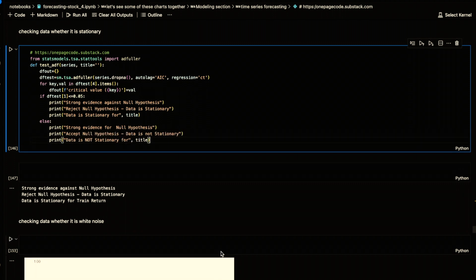This code defines a function called test_adf that takes in a series of data and an optional title. It uses the adfuller function from the statsmodels library to perform an augmented Dickey-Fuller test on the input series. The augmented Dickey-Fuller test is a statistical test used to determine if a time series is stationary or not. Stationarity is an important concept in time series analysis, where a stationary series has consistent mean, variance, and autocorrelation over